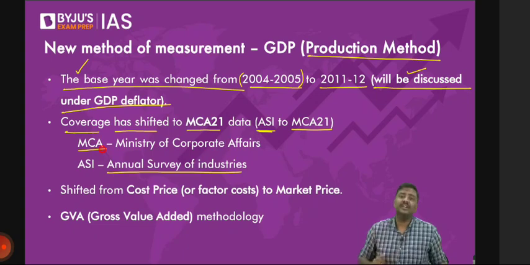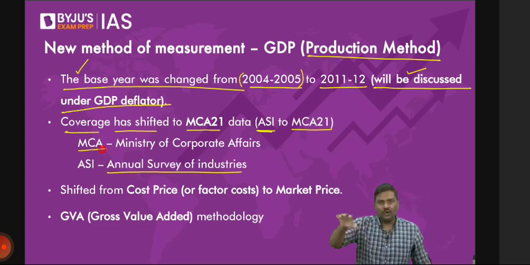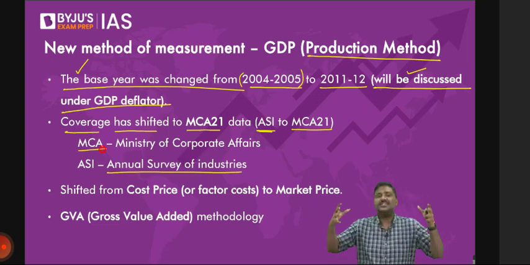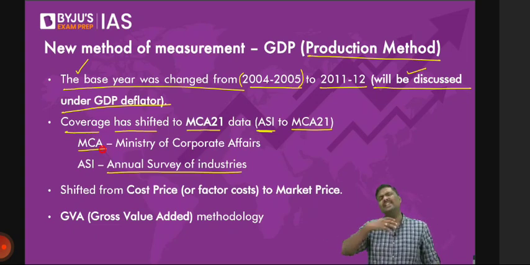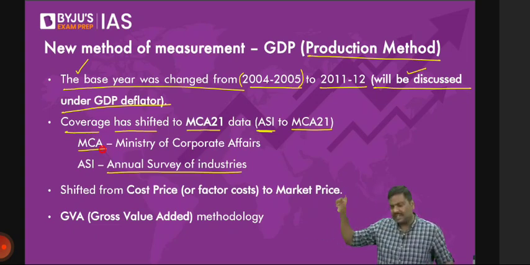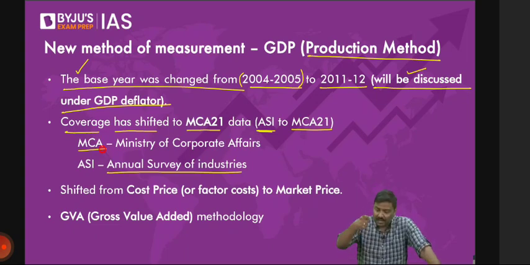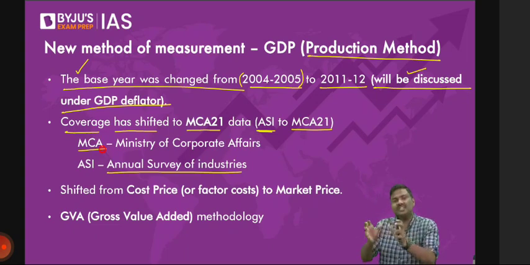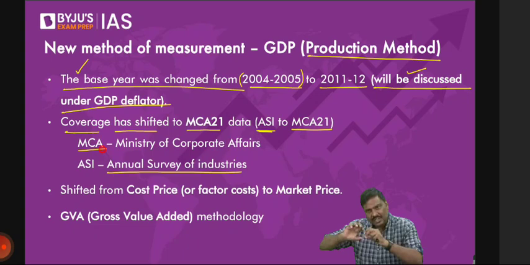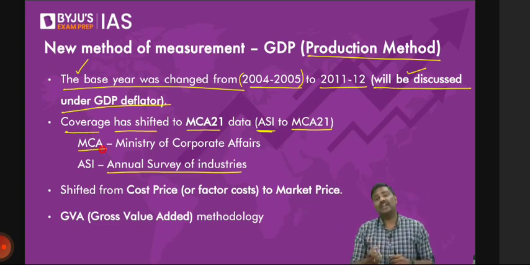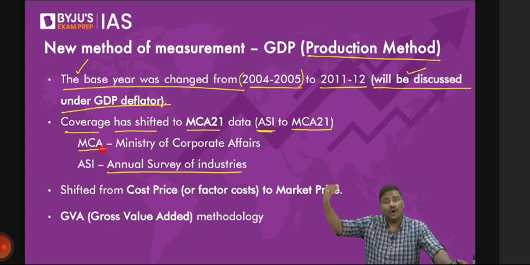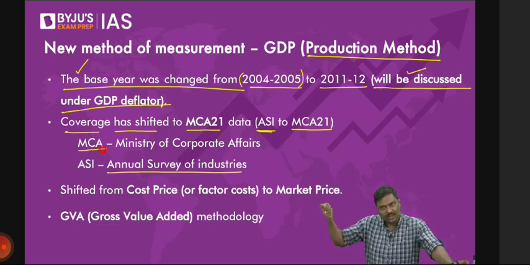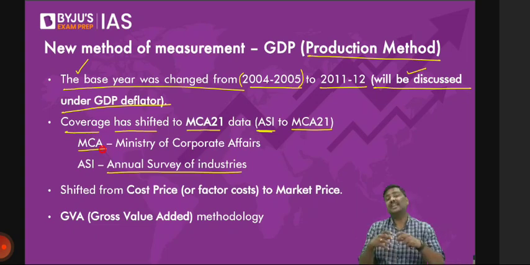If you ask me, sir, why is it very difficult? Let me give a very simple example. All of you have gone to the market, and in the market, tell me how many street side vendors are there who are selling final goods. There are n number of street side vendors. Do you think all of them are registered with the government? Answer is no. So there is a large part of the economy which is not registered, which is not coming under any laws of government. This is generally referred to as the informal economy. Informal means these businesses are not registered under any of the provisions. So basically, collection of data will be very difficult there.